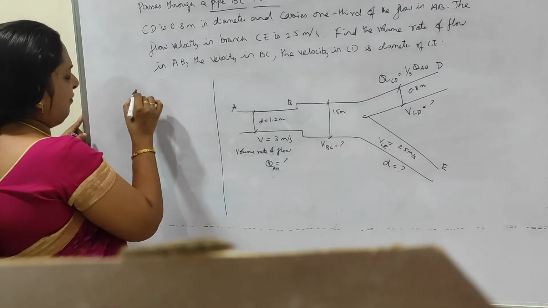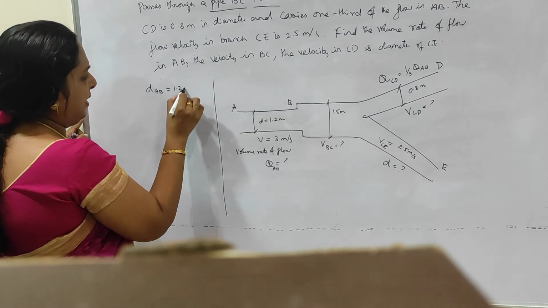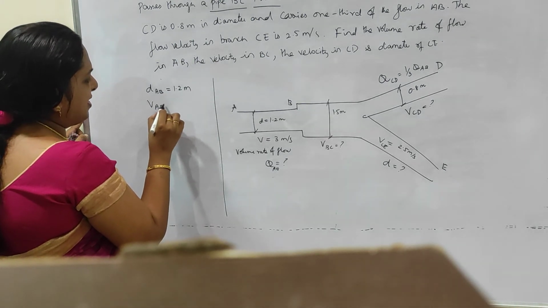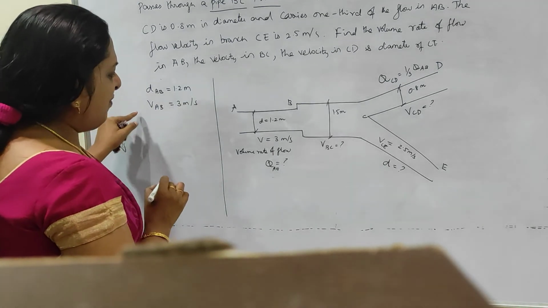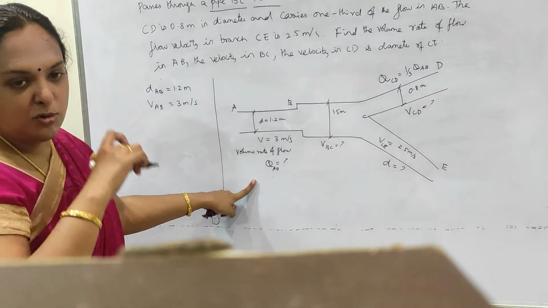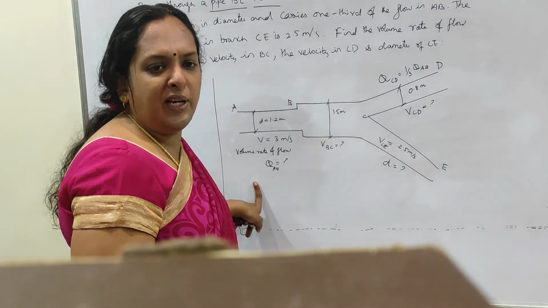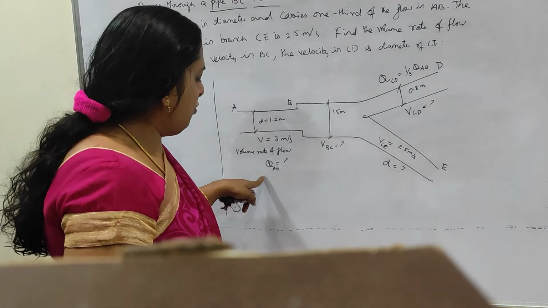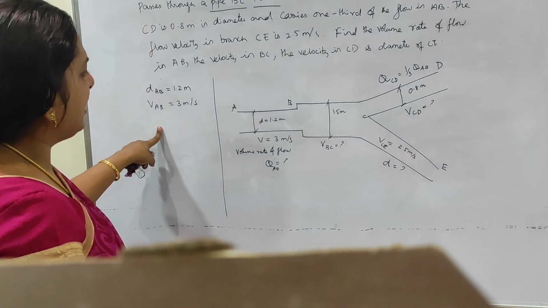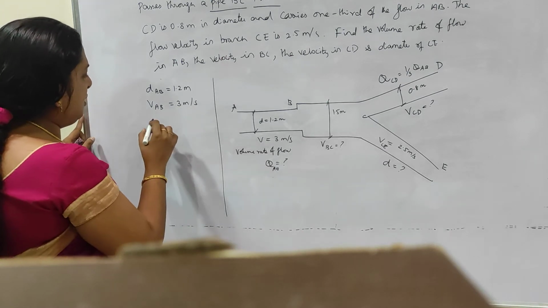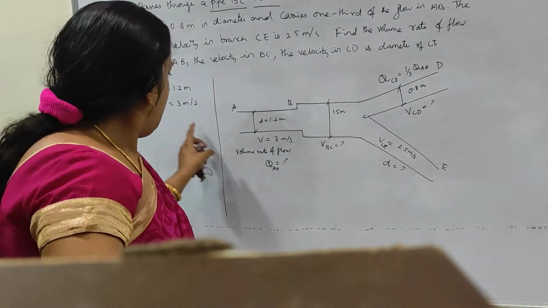Since the diameters of different pipes are given, the diameter of AB is equal to 1.2 meters, and the velocity of AB is equal to 3 meter per second. So that is given. Obviously, first we will go with the Q of AB, that is the discharge of AB, the flow rate of AB. First we have to find out this flow rate QAB, so that we will be able to easily find out the rest. What is given here is DAB, so obviously you will be able to find out the value of your area.